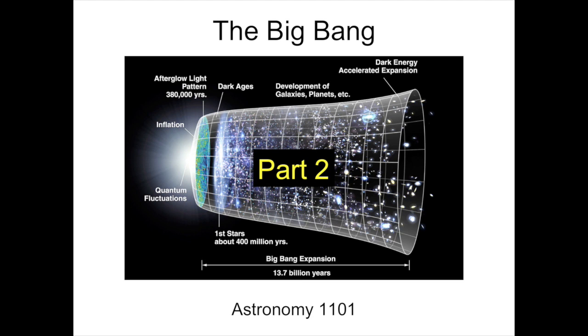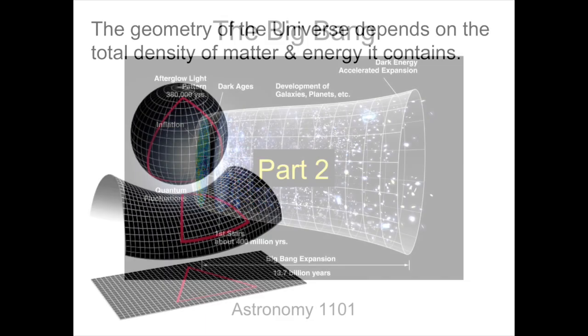Welcome back. In Part 1, we described the history of the development of the Big Bang theory of the universe and talked about the assumptions behind it and some of its observational consequences. We now continue our discussion and try to make some connection to the ideas about the nature of the expansion and the curvature of space-time.